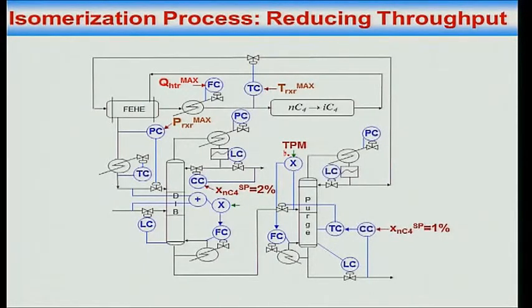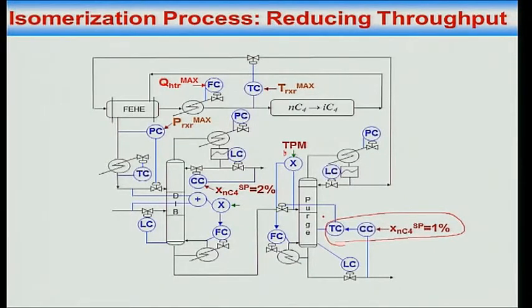More material is sent up. So now what I will get is, I am increasing the boil up. The amount of NC4 that is leaking down the bottoms is kept fixed by the controller here. This is fixed, this keeps it fixed, whatever is leaking down. So then what happens is, more material accumulates inside the reflux drum,